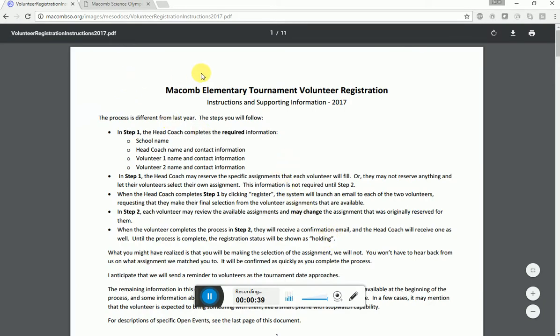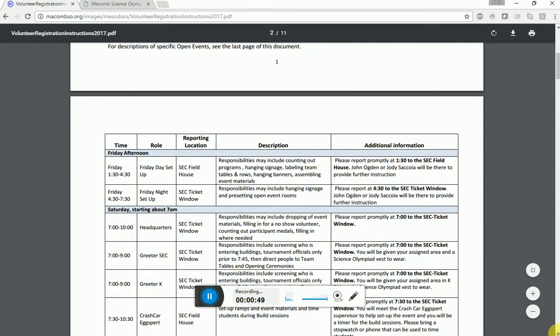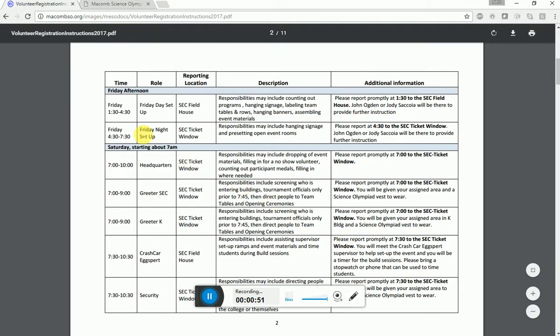What you'll see on this document that we've provided for you, page 1 is some instructions that I'm essentially going over right now. And then if you page down in this document, what you'll see is we've given you information specifically about the volunteer opportunities that are available to the adults on your team. So for instance, Saturday morning starting about 7 a.m., one of the opportunities happens to be in headquarters,